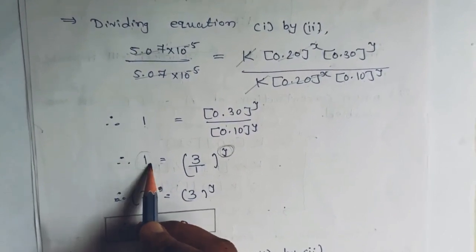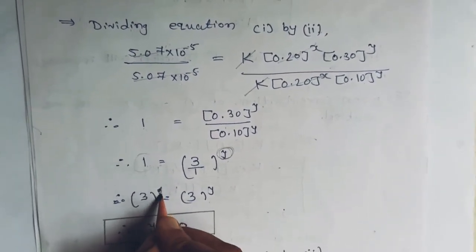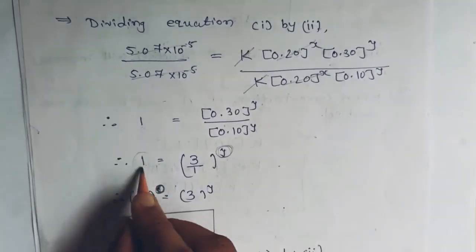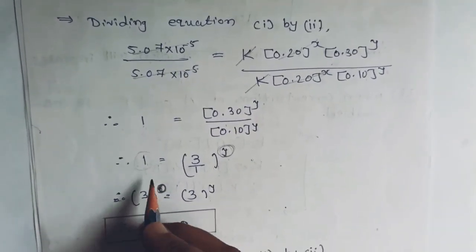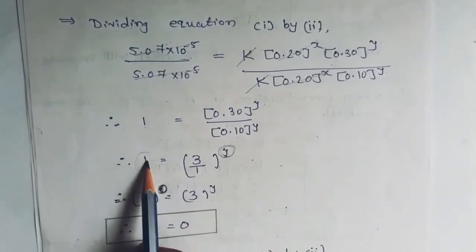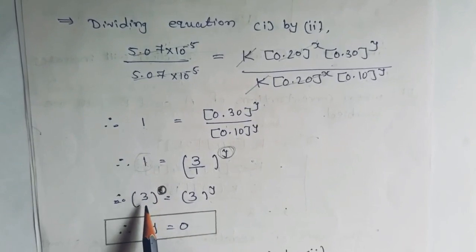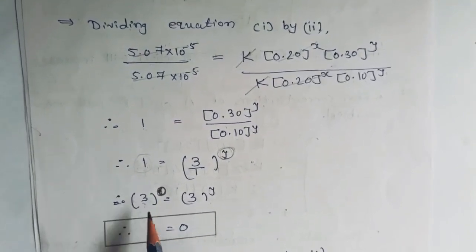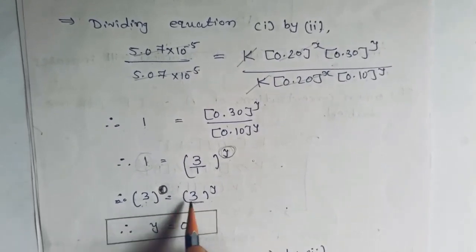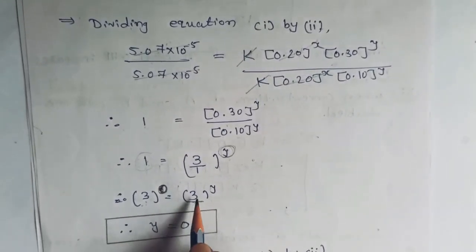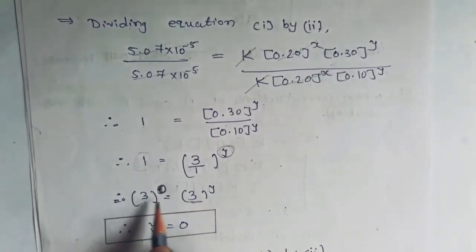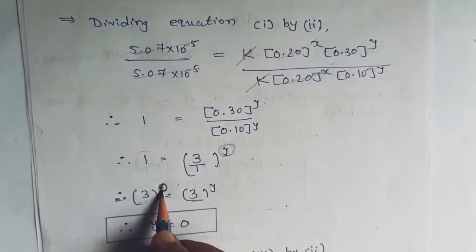So we can write 3 power 0, because if we write a power of 0 of any digit, you will get 1. So 3 power 0 is also 1. So we can write 3 power 0 on behalf of 1. Why do we take a 3? Because on the other side of the equal sign there is a 3. And to compare both bases, we have to make both bases similar. For that we take 3 power 0, right?